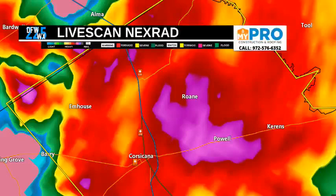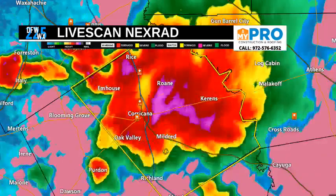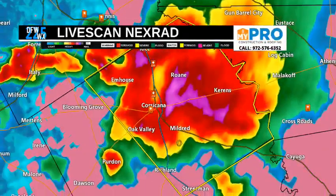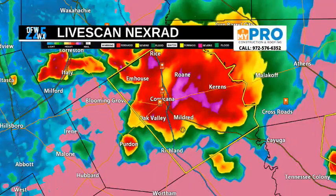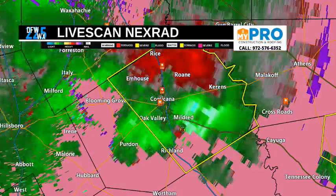All right, new report from a trained weather spotter of a social media report of up to tennis ball-sized hail 9 miles north of Corsicana. So we were talking about this all morning. We were saying up to baseball-sized hail was going to be possible today. This isn't baseball, but a tennis ball is pretty nasty, and conditions are favorable for this large damaging hail threat, especially if this continues to intensify and mature with it. So we're watching this very carefully, and